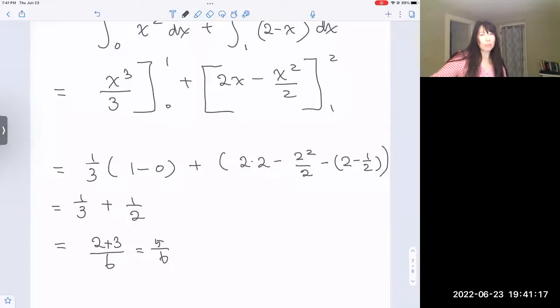Now, we did the region defined with respect to x earlier, right? So everything is in terms of x values. Now we're going to do it with respect to y. So look,